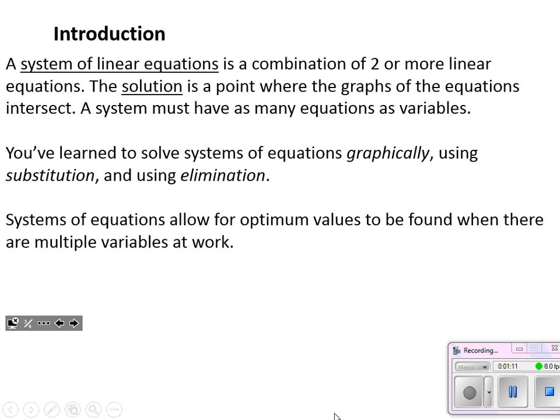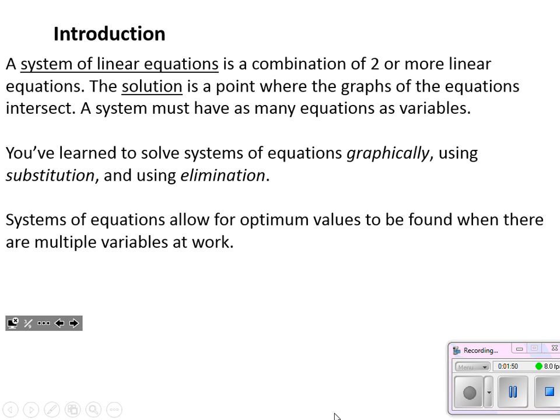The solution is where the graphs, if we want to imagine these graphs of lines in this section today, would intersect. So the point would have an x and a y, or the solution for two of those variables could be the unit and the price of the unit if we were in a real-world situation, something like that. If we're setting up a system of equations, it is possible to have a system that contains more than two equations. If that were the case, just realize that if we're trying to deal with more than two variables, we better have more than two equations to make that system viable.